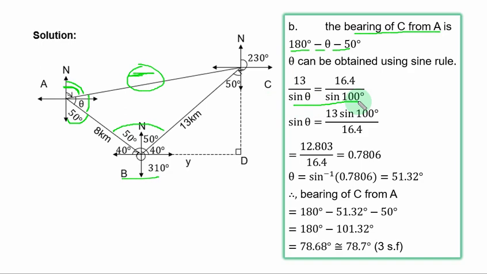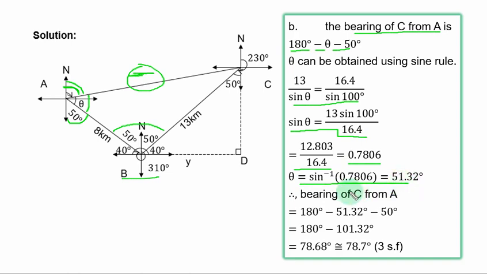To get sine theta, you have to cross multiply and divide both sides by 16.4 to have sine theta standing alone in this form. If you simplify the numerator, you have this result. Divide by 16.4, you have 0.7806. To get theta, take the inverse of sine of both sides in this form, and you have